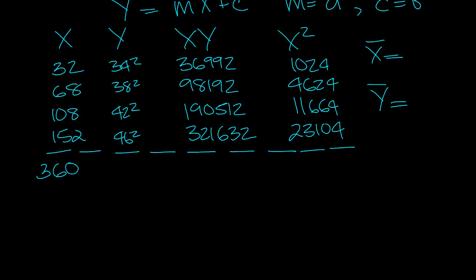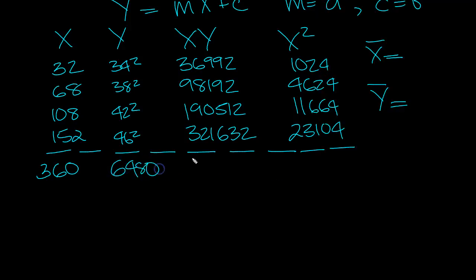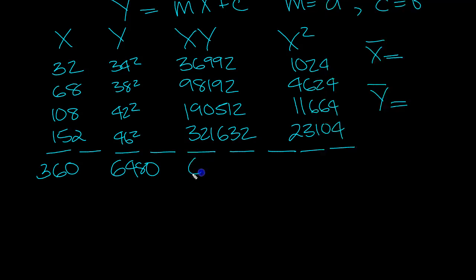This one, let's just add them up. 6480, and the next one, add those numbers up, 4 numbers, 647328,